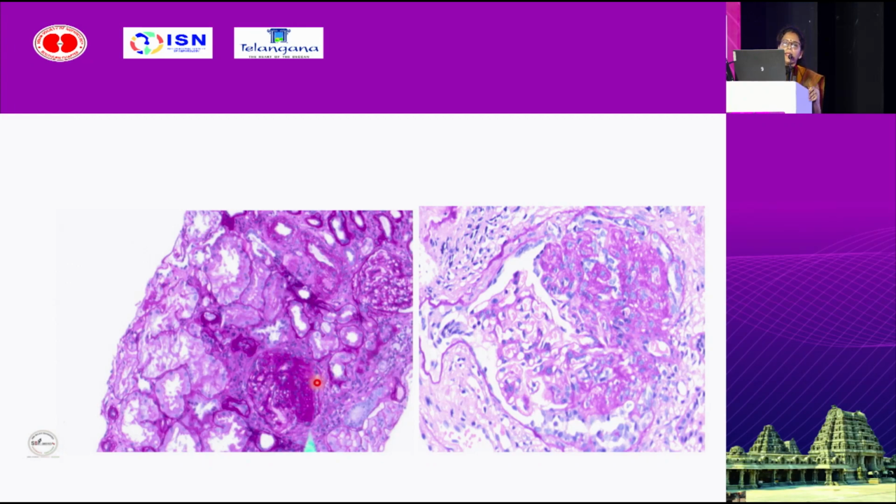Then comes the perihilar variant. In the glomerulus, one arteriole enters from one side, that is the afferent arteriole, and it is called the hilum, and this is the tubular pole towards the proximal convoluted tubule. So here we can see near this hilum a segment of sclerosis which is attached to the Bowman capsule, and there is no significant prominence of podocytes, and there are some hyalinosis lesions. So this is seen in adaptive FSGS, hypertensive nephropathy, or obesity related glomerulopathy.